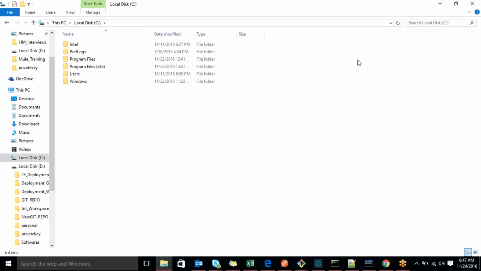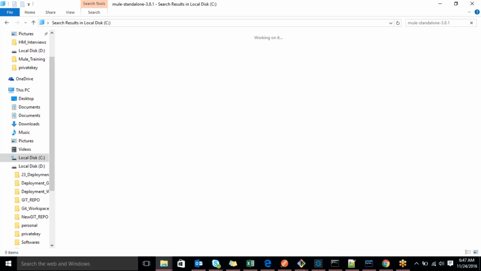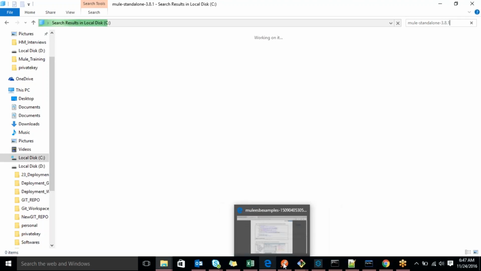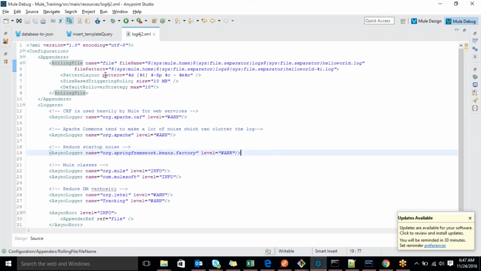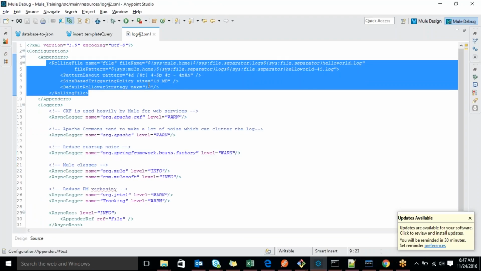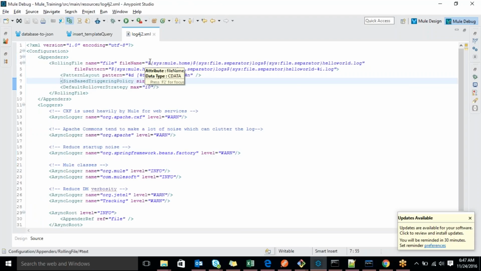If I want to store it externally, you have to write the code actually, in that XML file, where I need to change and specify the details. In this XML, we have to create a folder actually. So here we are getting a dynamic file name, right? So this file name is dynamically obtained, so we just store it. It means home, then separator, then dynamically creating the log folder actually.